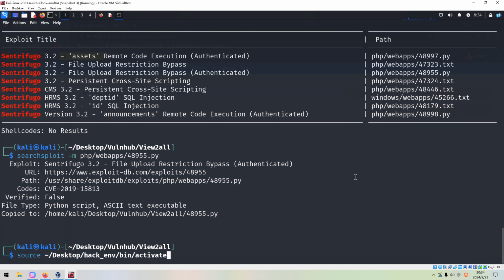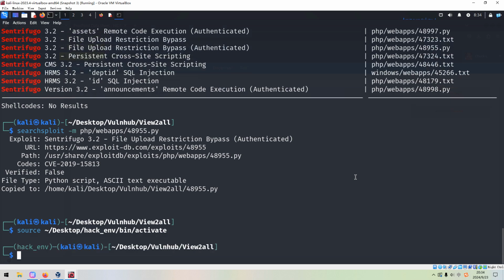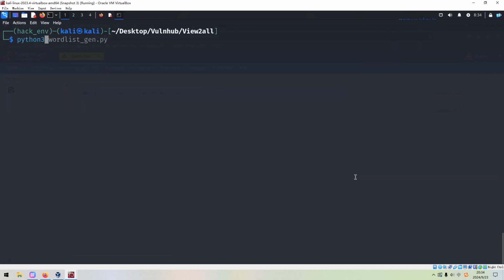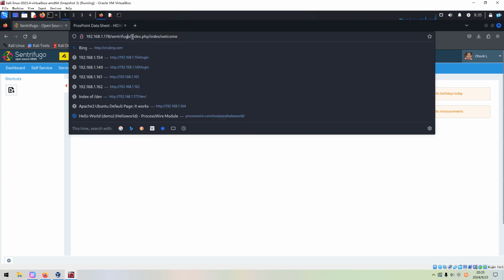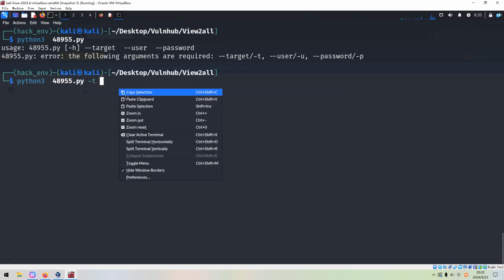Okay, so now we can use such a sprite with the option of M, and of course I need to activate the virtual environment of my Kali Linux. So now we can just run it, and we need to provide the arguments. Okay, so the target we can copy, so we do not need to manually exploit.